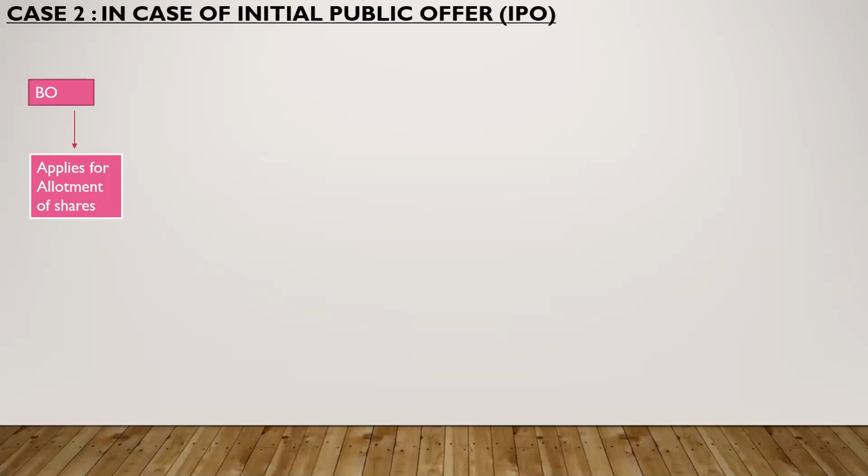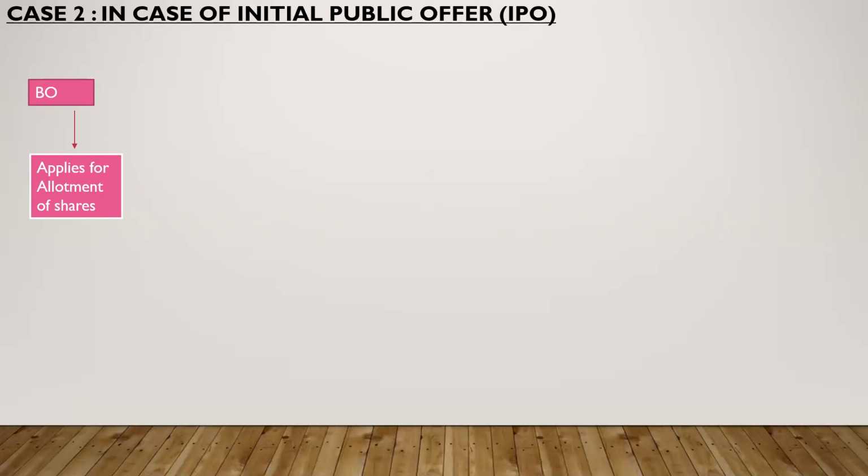So you also can apply and you have to wait till the offer gets closed. Then if your number comes up, your application is accepted, only then will the money be deducted from your account. Before that, that money will be frozen. That will be locked, you will not be able to use it for anything. It will be in your account, but you will not be able to use it. And once your ticket, your lottery, comes through, then automatically it gets credited from your account. This is the benefit. And we have already discussed the special type of account when I was teaching you all IPO. So please class, refer to chapter 3 for more details.